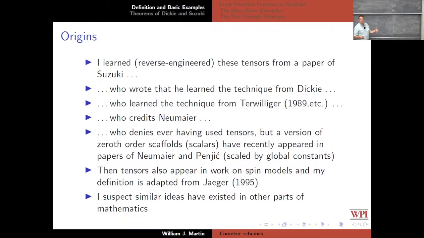So what I'm going to call zeroth order scaffolds show up in these really nice new papers of Neumaier and Penjić, and Neumaier and Penjić have a slightly different definition than I have, and I won't discuss Penjić's work, but what I have